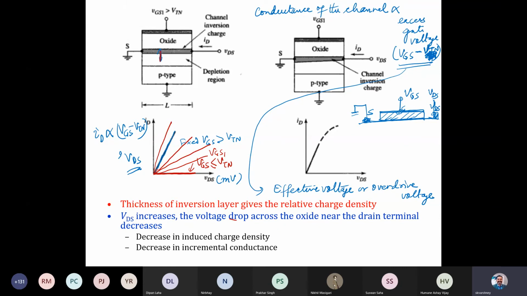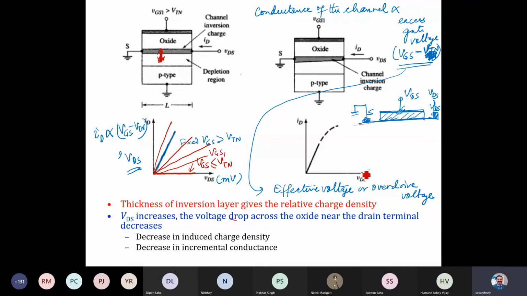Increasing VGS, the gate voltage above threshold voltage, enhances the channel, and that's the reason we call this an enhancement mode or enhancement type MOSFET. This enhancement comes because by applying the voltage at the gate terminal, the conductance of this region is being changed. So what's going to happen when we increase this voltage VDS and go slightly larger?